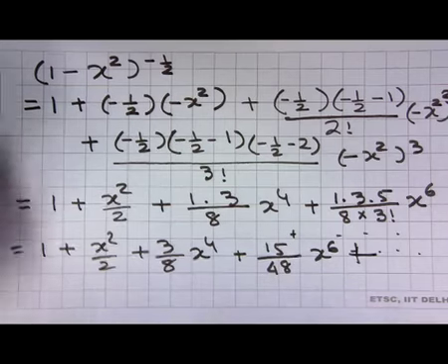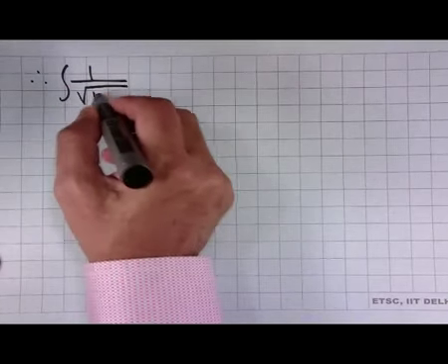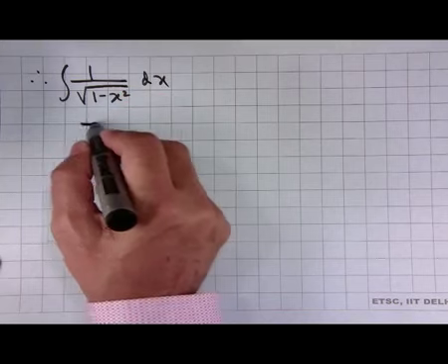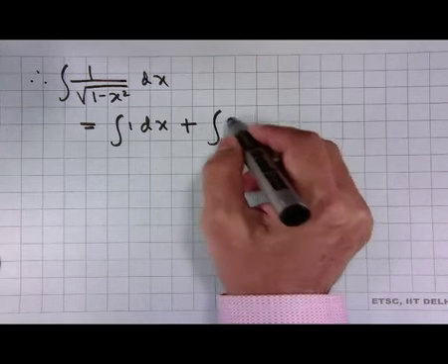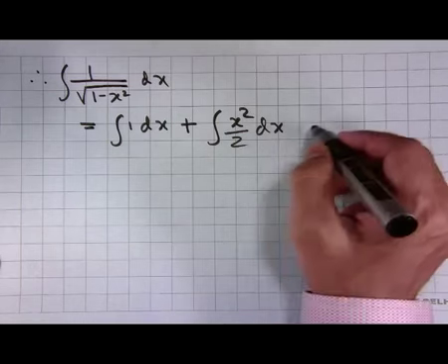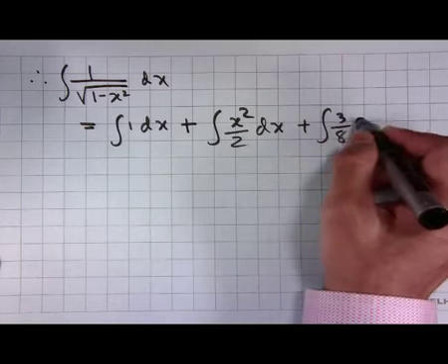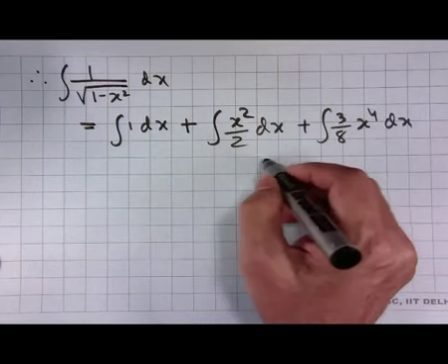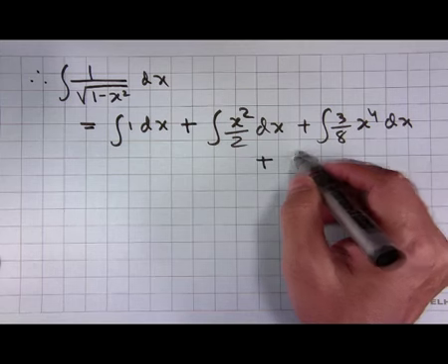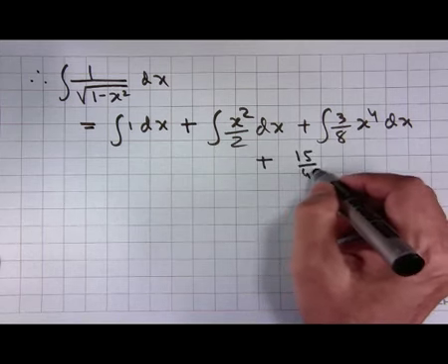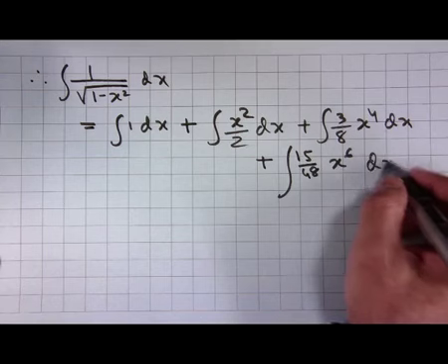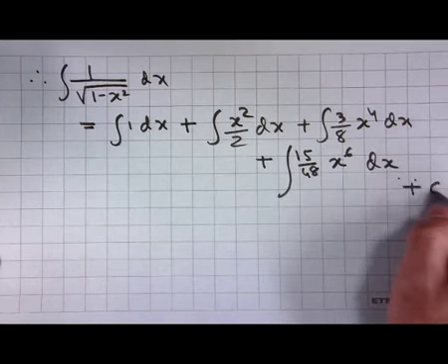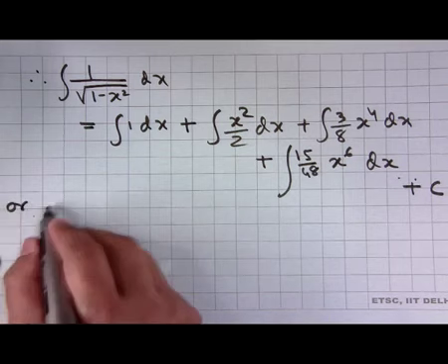Therefore, now we integrate both the sides. Therefore, integration of 1 over root of 1 minus x square dx, by integrating term by term we get x square by 2 dx plus 3 by 8 x to the power 4 dx plus 15 upon 48 x to the power 6 dx etc. plus a constant c, or sin inverse x